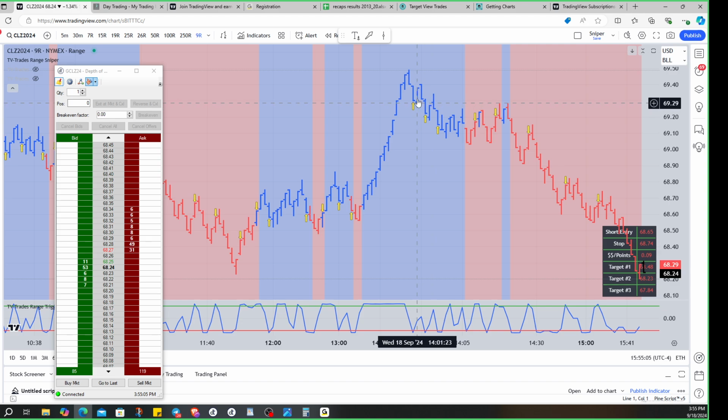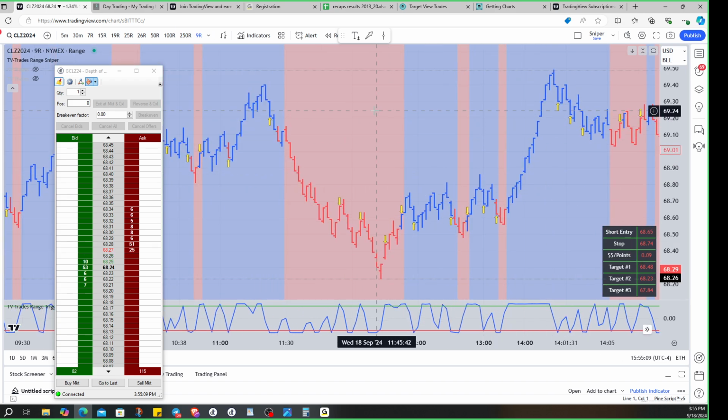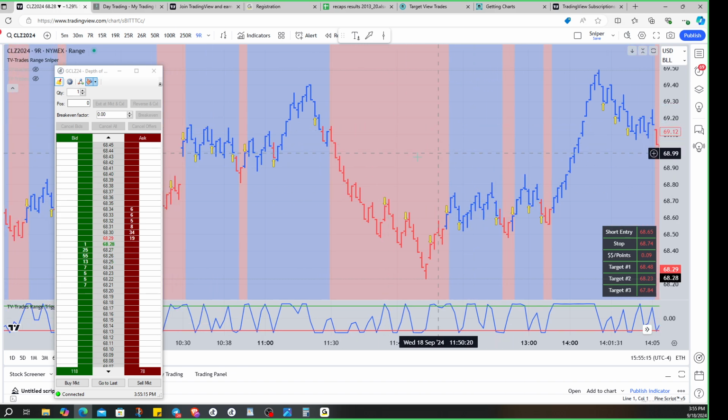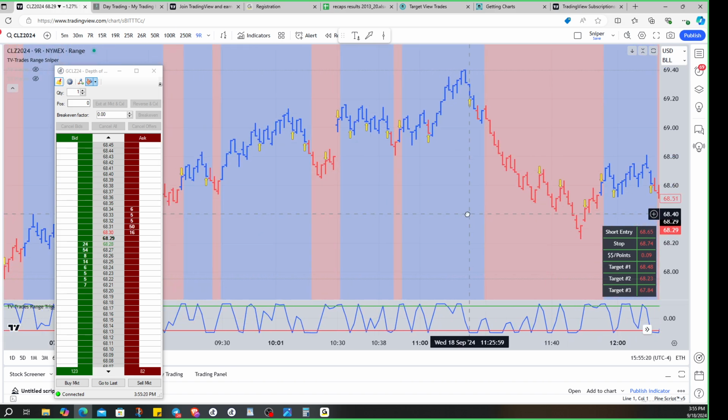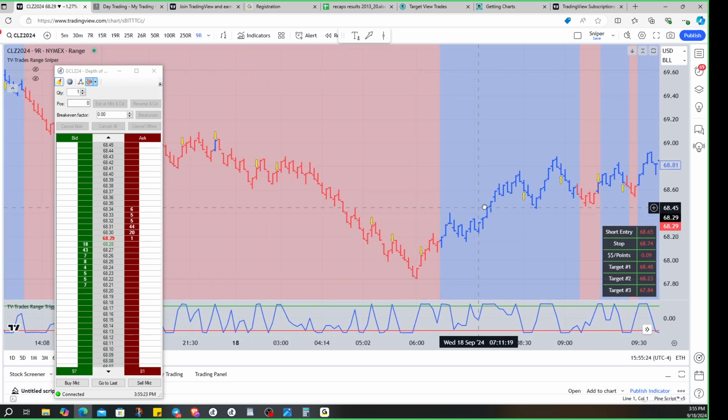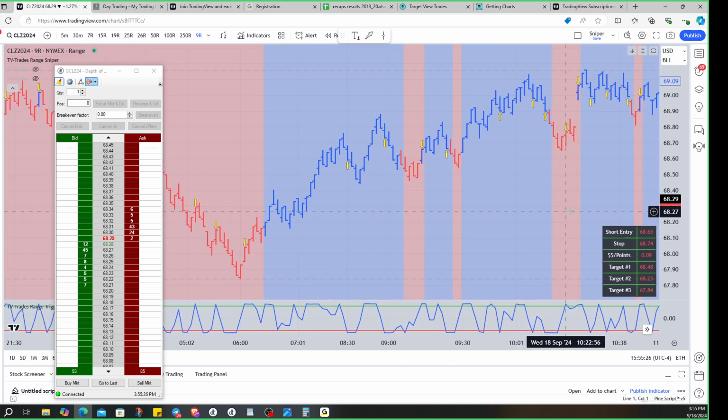Remember, when it comes out of the overbought and it doesn't put in a higher swing, nothing after that matters. Okay? This was okay right here. Remember to get the goal for the day. Get the goal for the day and be done. How many times could you have done that right here? Now, if your goal for the day is the same as mine, something easy to achieve, $100 a contract, how many times could you have done that right here? If you started at the open,